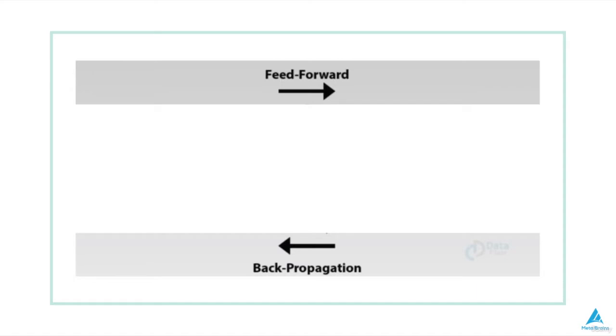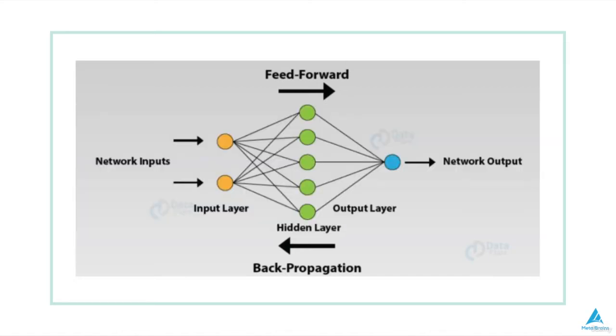There are two important approaches to how a neural network propagates the signal of the input data. One is feed forward and the other is back propagation. Number one, the feed forward network, or FFN, is a network approach where the information moves in only one direction. It moves from input nodes through the hidden nodes, if present, and then to the output nodes. So, there is no other connection that moves the information in the opposite direction and forms cycles or loops in